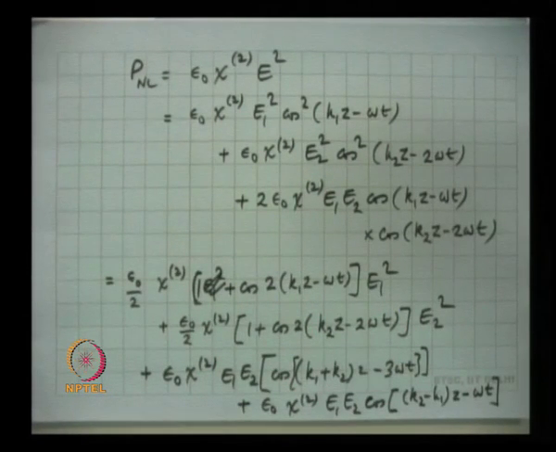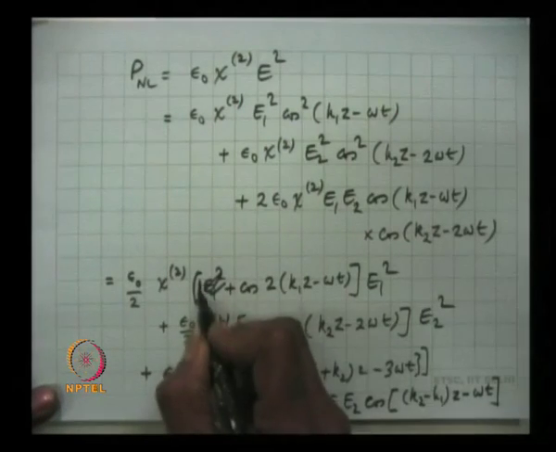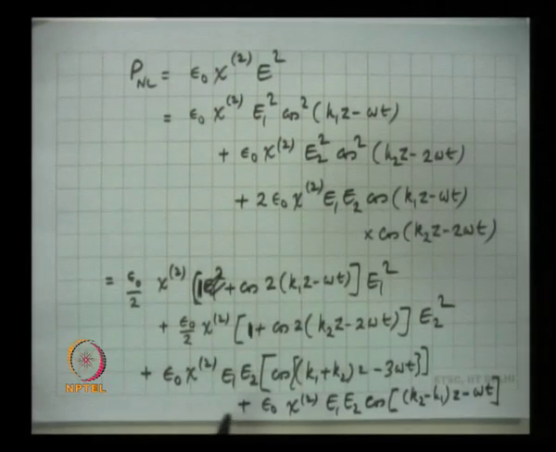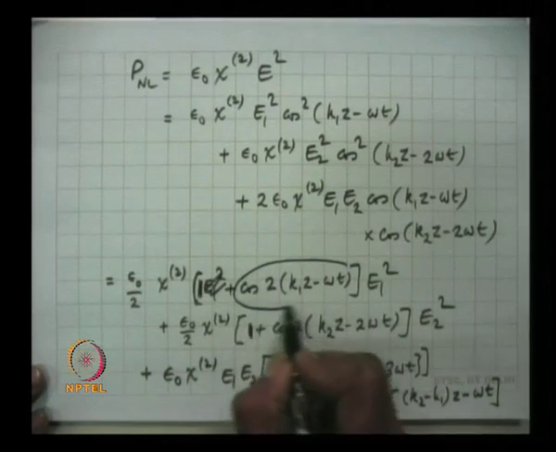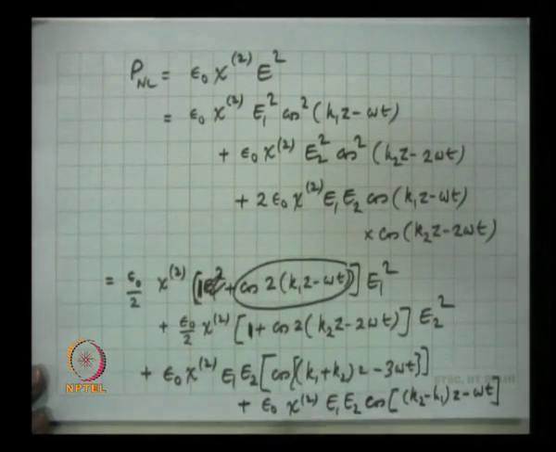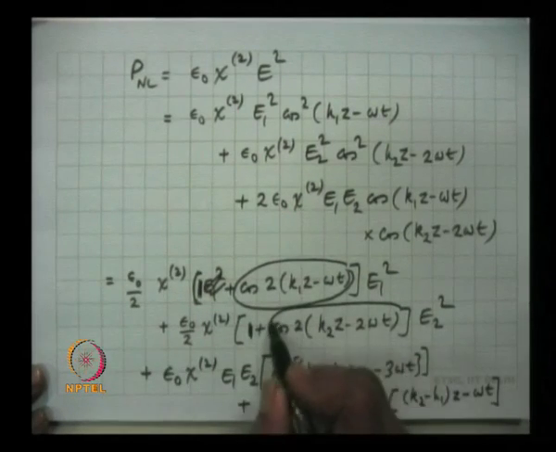Cos a cos b is cos a plus b plus cos a minus b divided by 2. So, if you look at these terms now, this one here and this one here give you optical rectification. That means some DC polarization term. This term gives you frequency 2 omega, this term gives you frequency 4 omega,